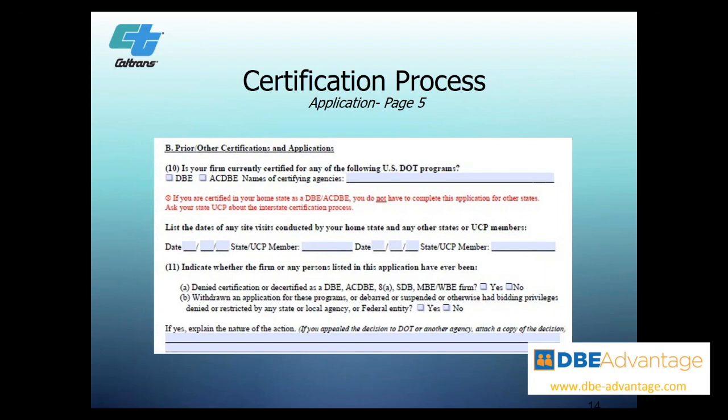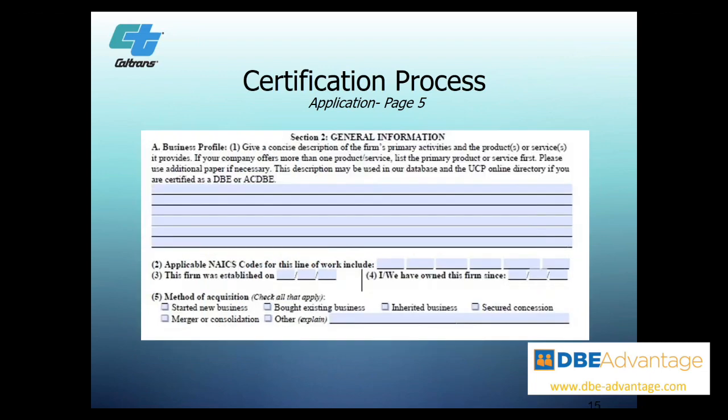So moving on to the next page, this is actually page 5 of the certification. We want to know if you have had prior applications. If you have, you need to provide that information, and essentially provide information as it relates to that prior application. Page 5 also asks you for a business profile, so this is important that you provide information about your business and specific to the work that you're performing and are qualified to perform.